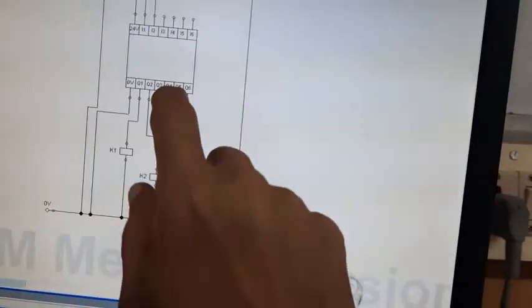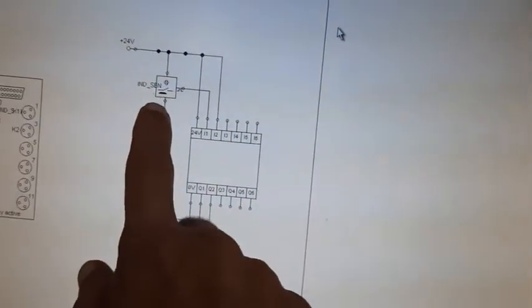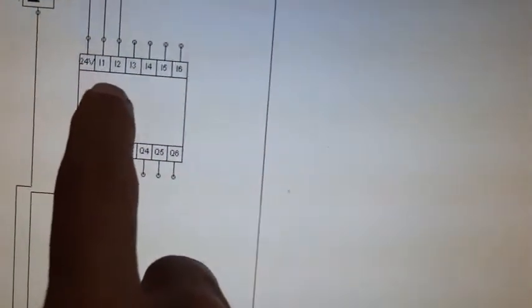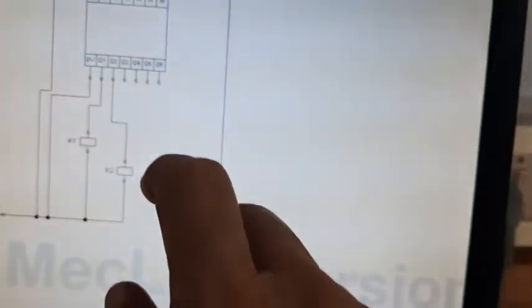Between the input and output, we have to write the necessary logic that I will explain. Here this is the inductive sensor. Whenever the inductive sensor is energized, pin I1 will get the signal, and between I1 and Q1 we have to connect using some logic.